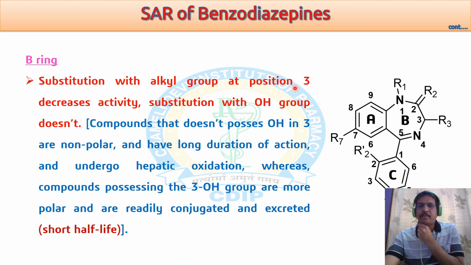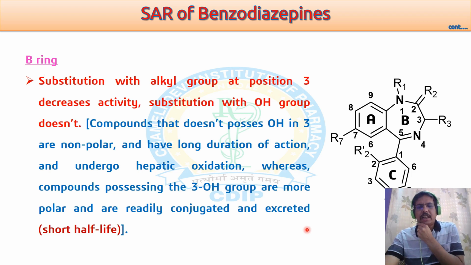Substitution with an alkyl group at position 3 decreases the activity, and substitution with a hydroxy group does not. If we change this position by means of a hydroxy group, then the activity is quite retained, as in the unsubstituted compound or unsubstituted analog. But the hydroxy group is prone towards glucuronic acid conjugation, and that's why such compounds have a shorter half-life as compared to the unsubstituted compound, because